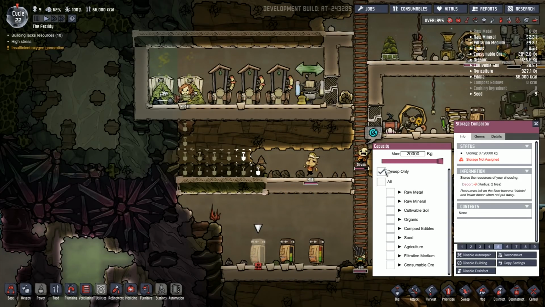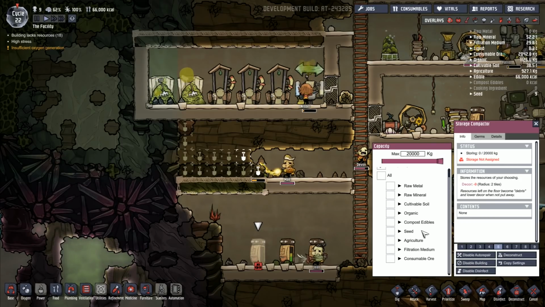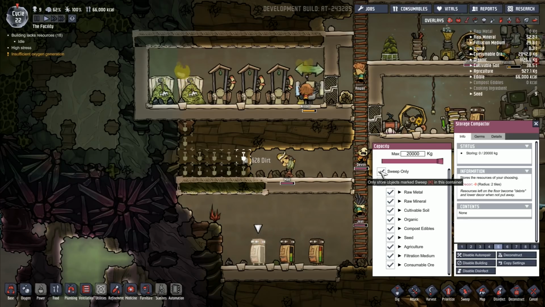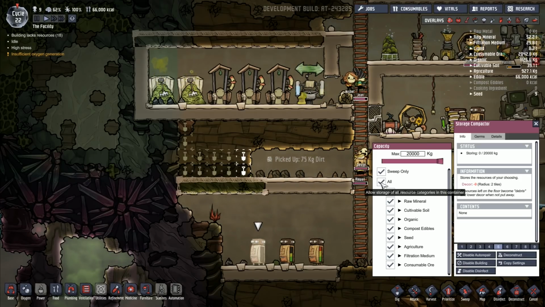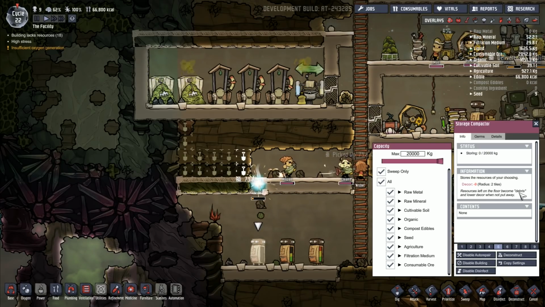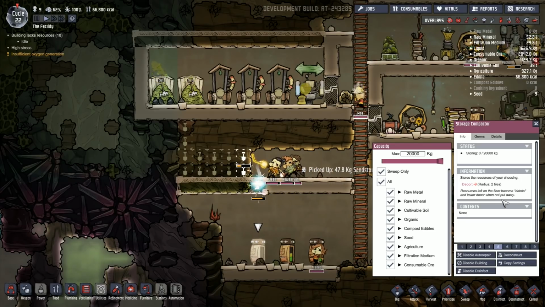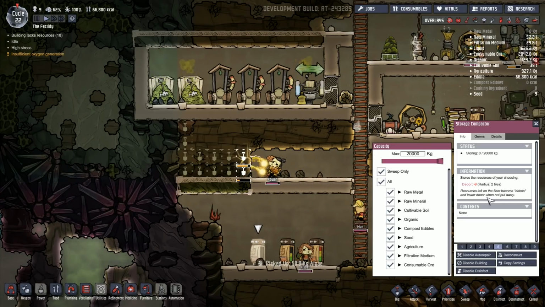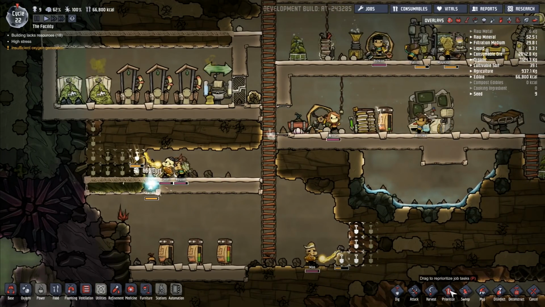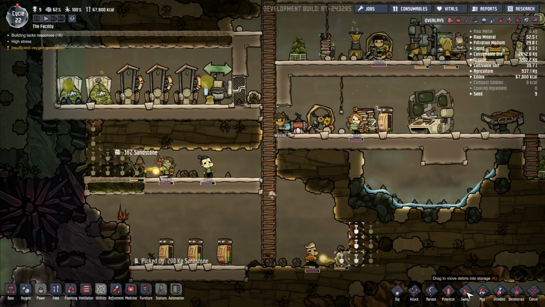Storage compactor, I've set to sweep only, so it should put every... If I go sweep, only store objects marked with K in this container. Allow storage of all resources in this container. Am I crossing over with the two there? When not put away, yes, we lower decor when everything is not put away. I kind of need to sweep. I need to sweep everything up and put it all into storage. Right,